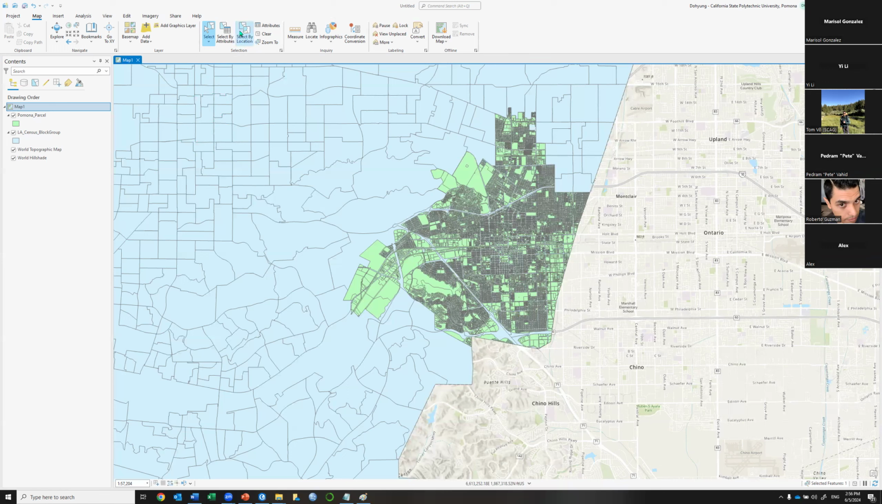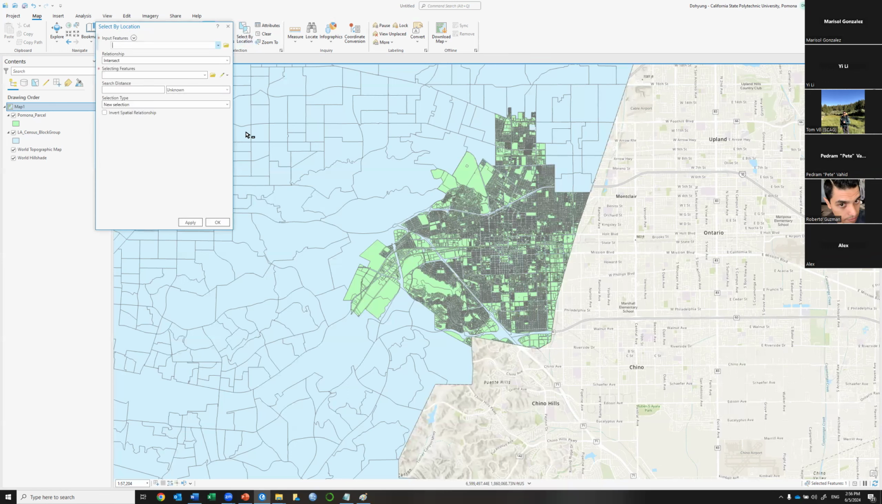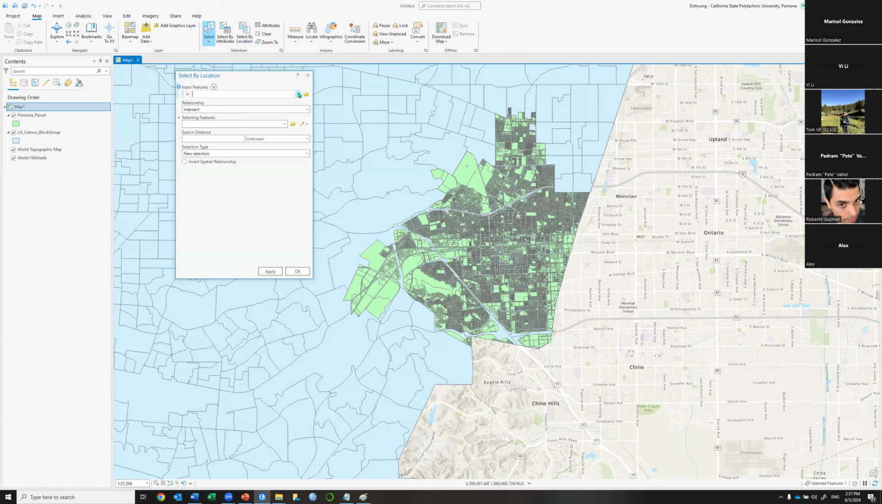Right? And if I click select by location, then what I want to say is, hey, I want to select LA census block group entity. Let's not worry about relationship here. Let's go with the default, intersect. I'll come back here later. And I want to select the LA census block group entity by Pomona parcel. So what does that mean? I want to select LA census block group entities that intersect, in other words touch, the Pomona parcel. Okay, then if I click apply,